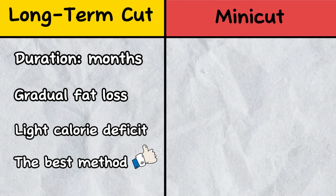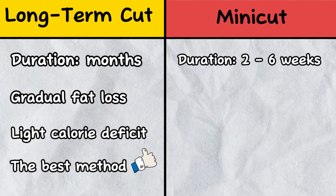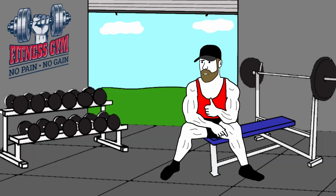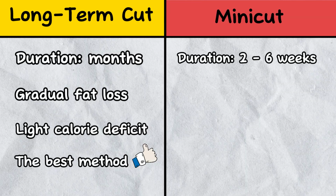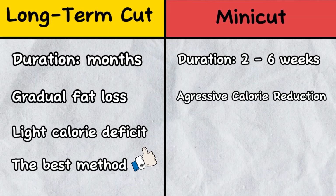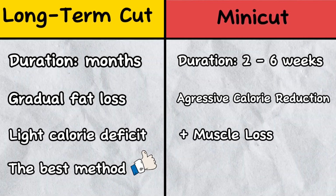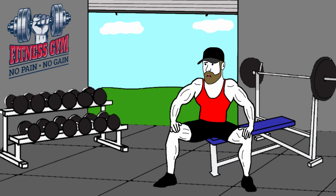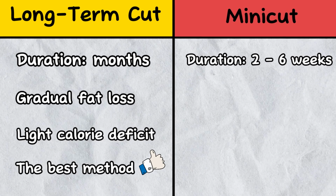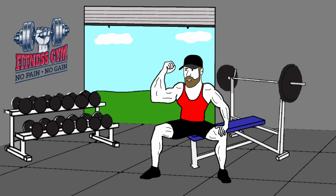On the other hand, a mini cut is a short, intense cutting phase lasting between 2 to 6 weeks. It's perfect for quickly shedding a small amount of fat before an event or vacation. However, because of its aggressive calorie reduction below maintenance levels, a mini cut can result in greater muscle loss compared to a long-term cut. Now that we've covered the different types of cuts, this video will primarily focus on the